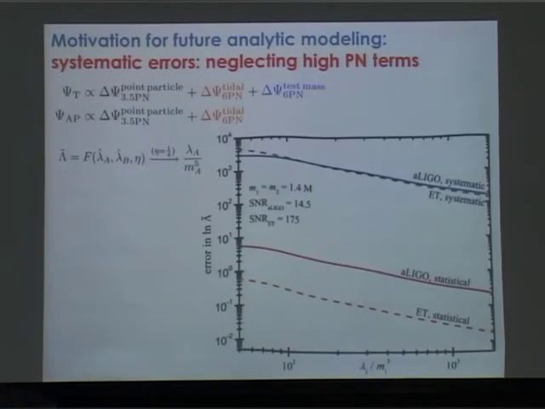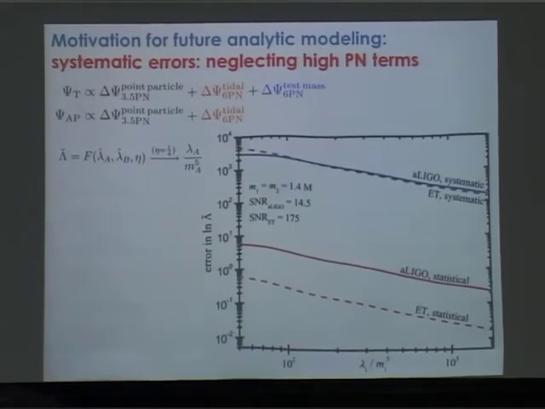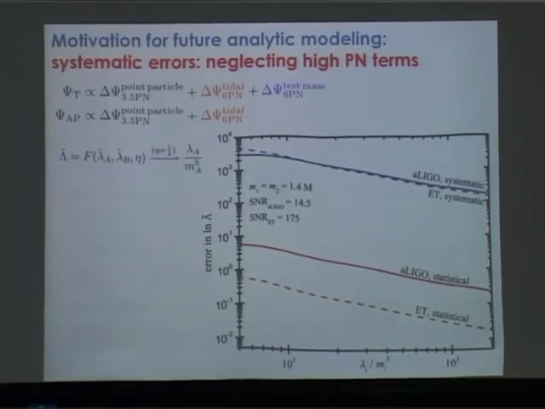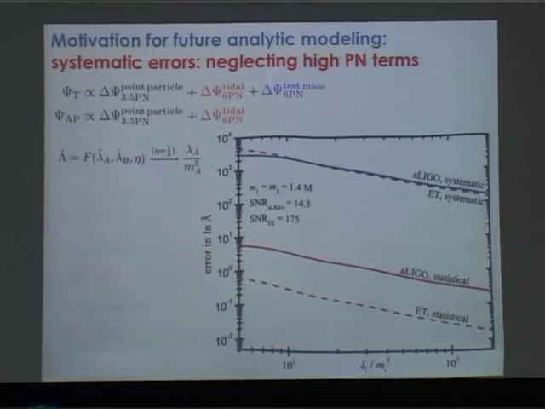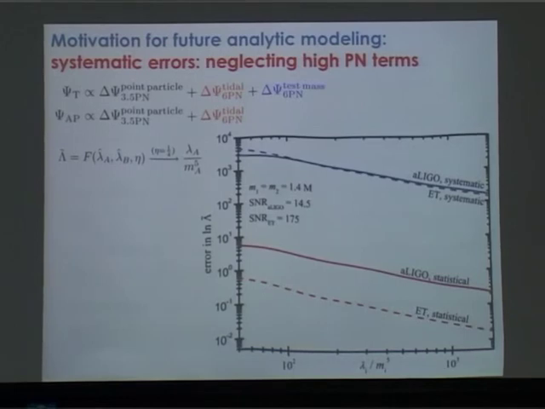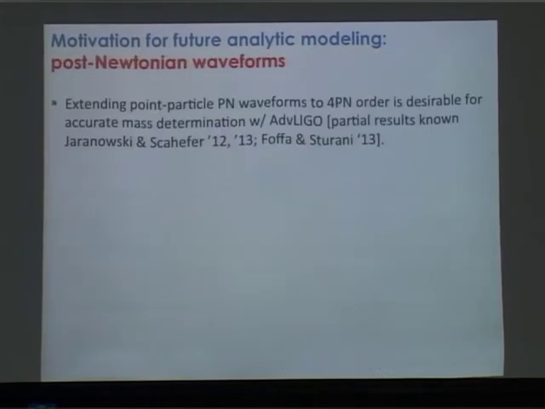Okay, and likewise, for this tidal love number that I talked about earlier, if you ignore these higher order pieces of the waveform that you don't know, but which are actually at the same or lower orders than your tidal effect, you actually end up introducing a very large systematic error in your tidal love number, so large that the parameter is unmeasurable if you're just using a post-Newtonian approach.